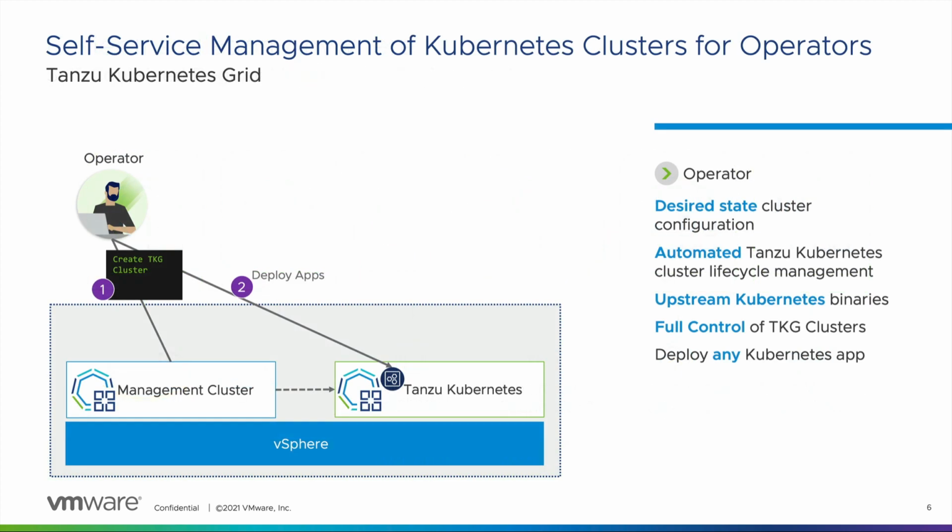Tanzu Kubernetes Grid utilizes the Kubernetes APIs to achieve a desired state configuration. Through the use of the open source tool of Cluster API, the creating, updating, and deleting of clusters is completely automated. TKG is heavily aligned to the open source community, and everything is built using the best-of-breed open source solutions